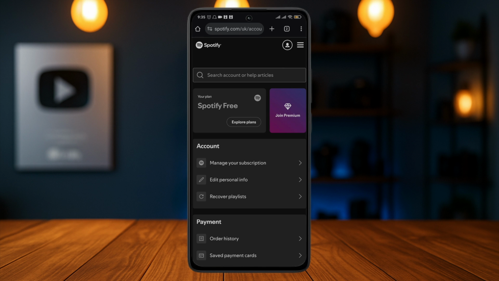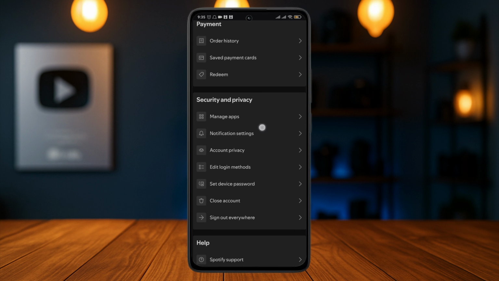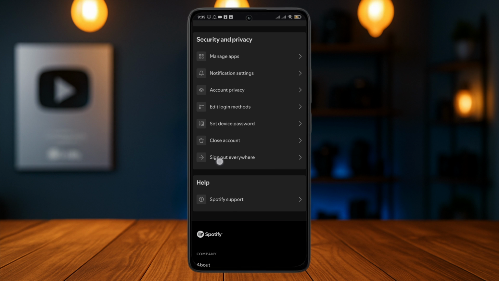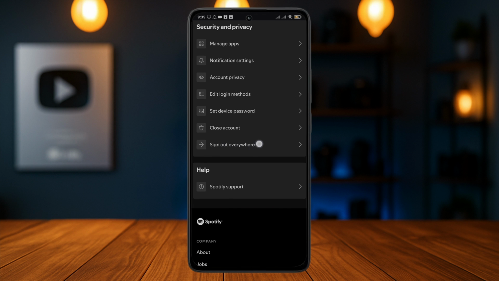Inside of the account section of Spotify on the web version, you can scroll down to the bottom of this page. Under security and privacy, here you'll see the option called sign out everywhere. So you can just tap on this option and you'll be immediately logged out of every device that you are